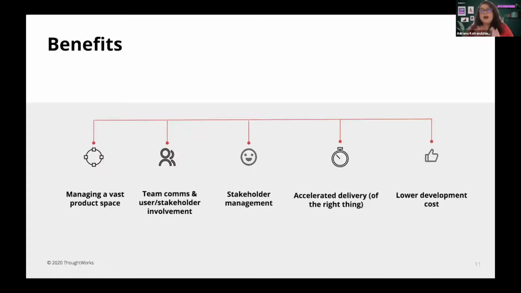By applying this model and having these two tracks owned by the whole team, that helped get people involved in parts that they wouldn't naturally be involved in. I'm talking about product conversations, or analysis, or user research. And essentially, what that ended up doing is creating a very collaborative environment with our users and stakeholders as well.